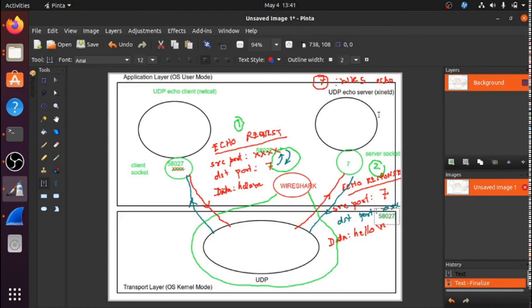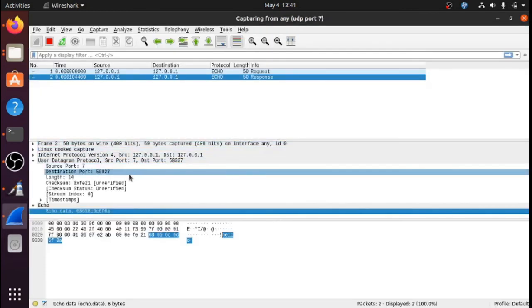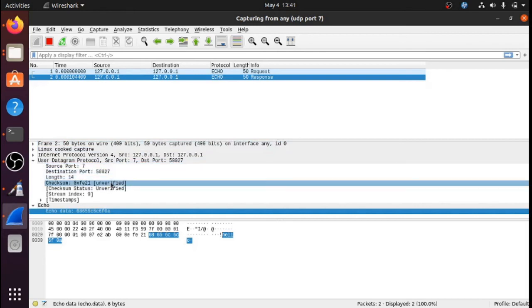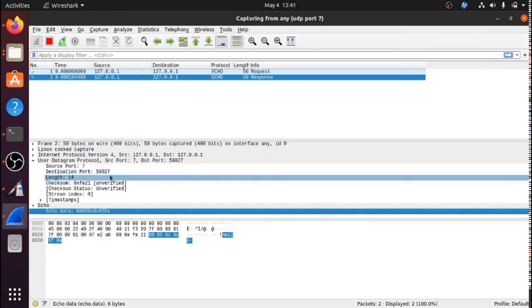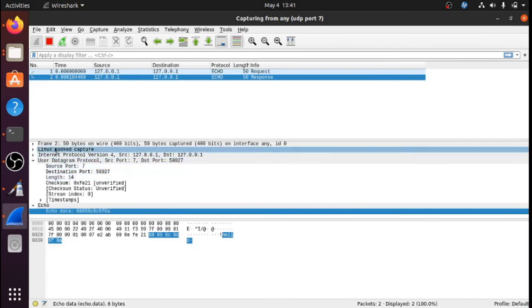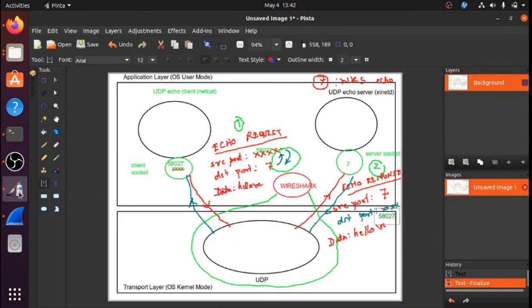Since UDP is such a simple structure, even without reading the book, just from Wireshark we should be able to figure out what the format of the UDP packet looks like.